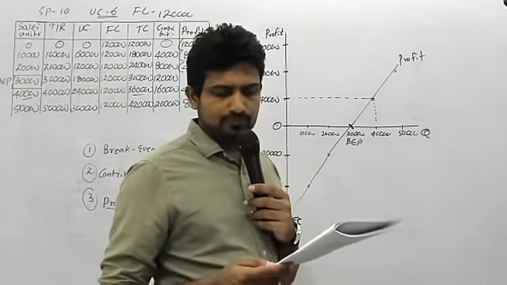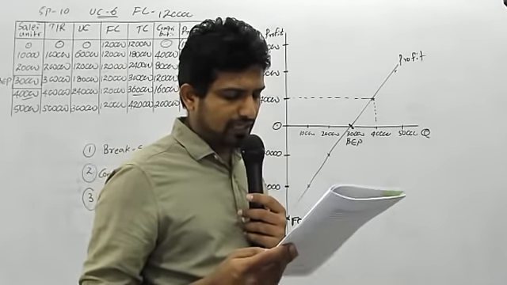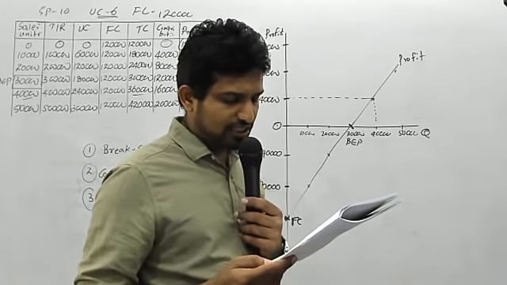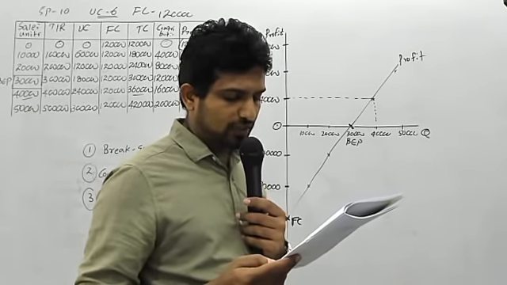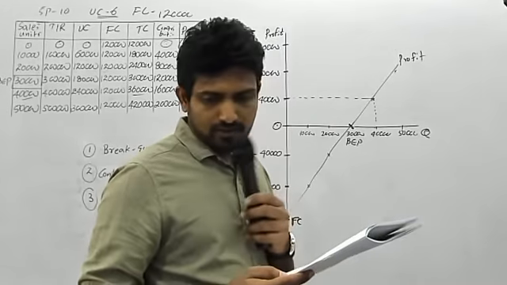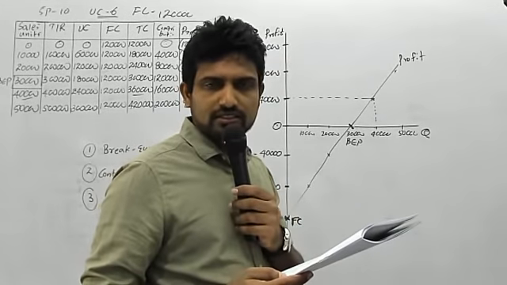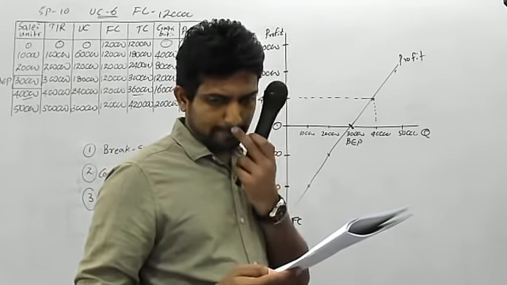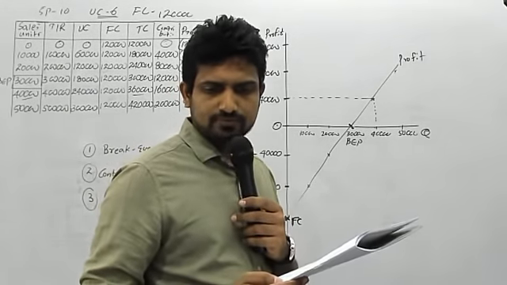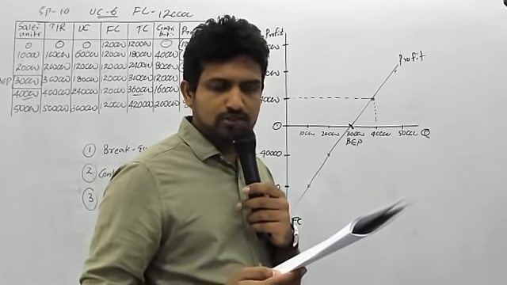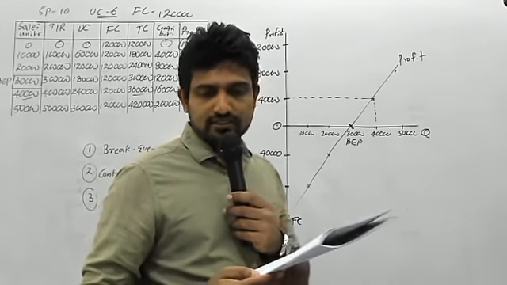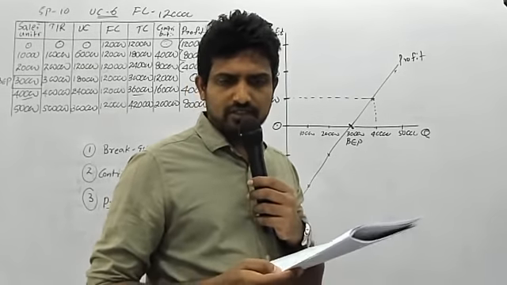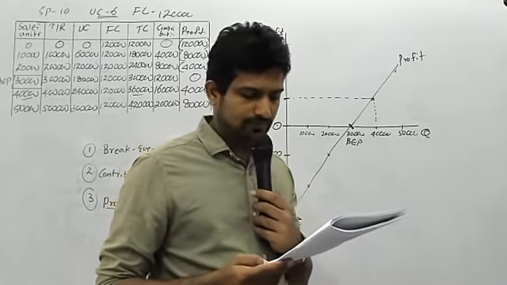Number 5. Calculate the new break-even point in number of pair of shoes, assuming that an additional advertising expenditure of 3.1 million has to be incurred. Where does this additional advertising cost affect? This will affect the fixed cost. Then the fixed cost will be 8.1 million. New fixed cost is 8.1 million, isn't it? It's 8.1 million. So,